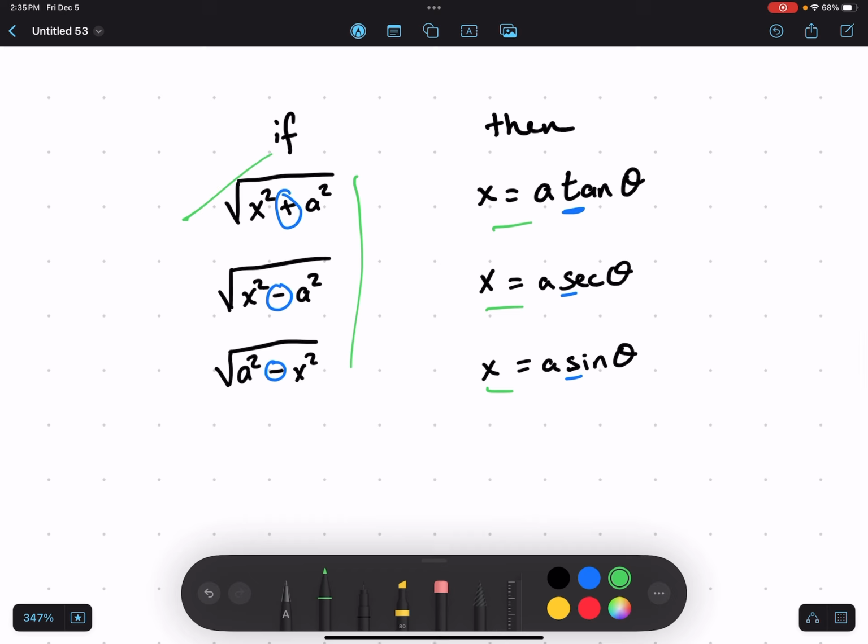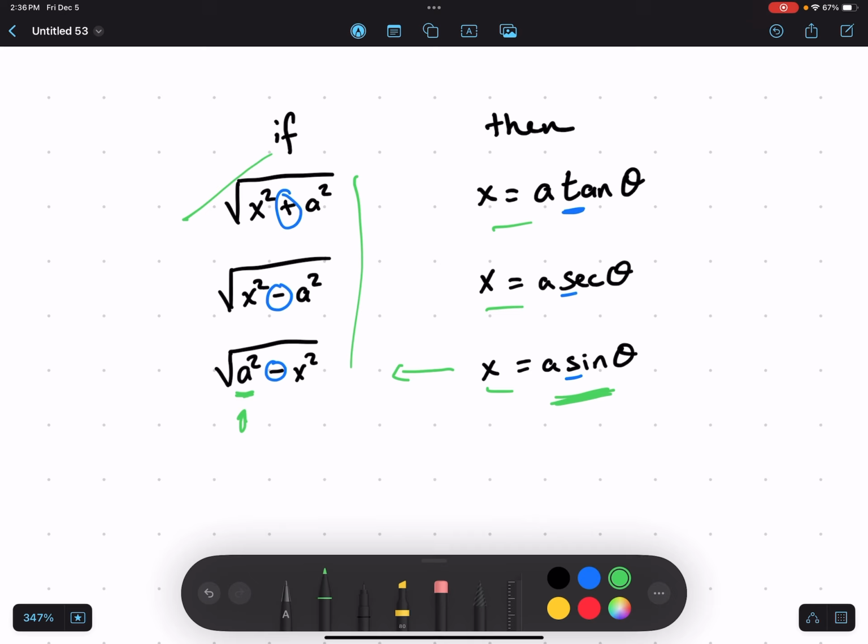And that's important because if you look at the pattern that corresponds with sine, right here, a squared minus x squared, you'll notice that a is first. A also happens to be the first letter in the alphabet. So when A is first, the first letter in the alphabet is first, the one that you learned first, being sine, is that one. And then that of course leaves secant, the one that you learned last,